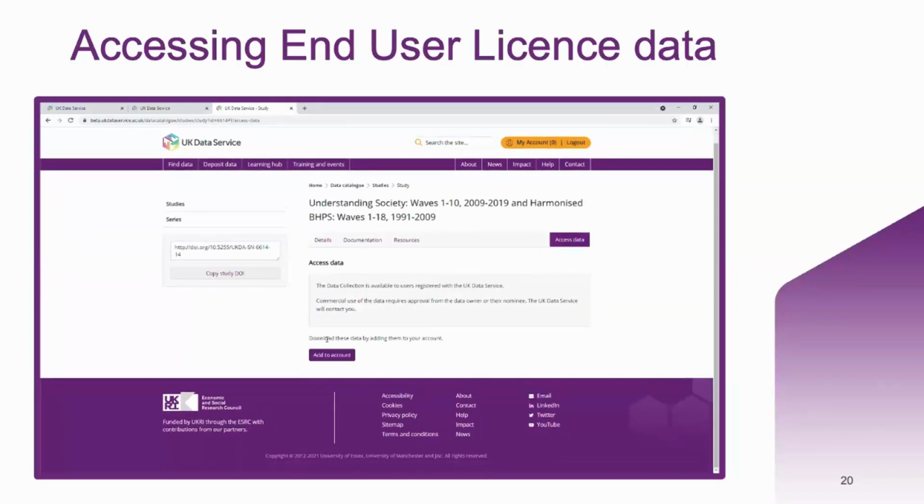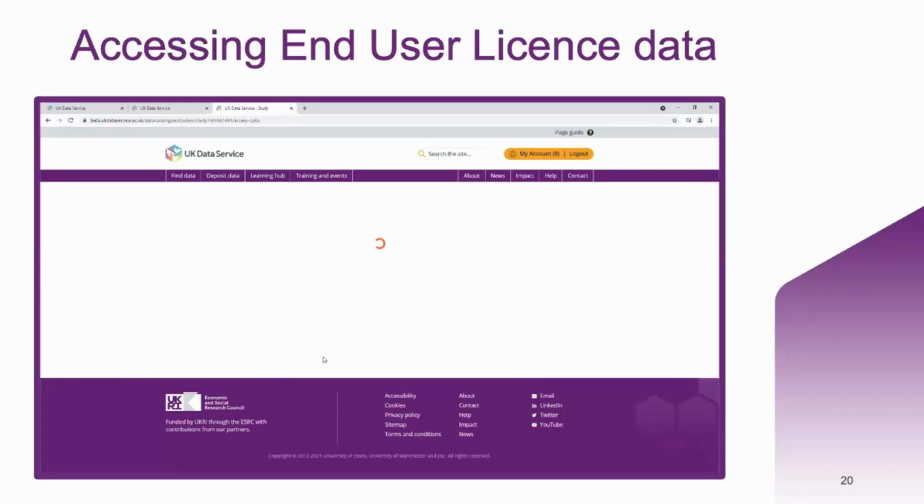So as you can see, we're already logged in, and it says you can download these data by adding them to your account. And this video again is just flagging the access conditions. You won't be able to add a data set to your account if you can't meet the access conditions, and the access conditions are linked to all of the information you've provided us in your registration. So if you do get an error message, that's probably why. If you go to add to account,